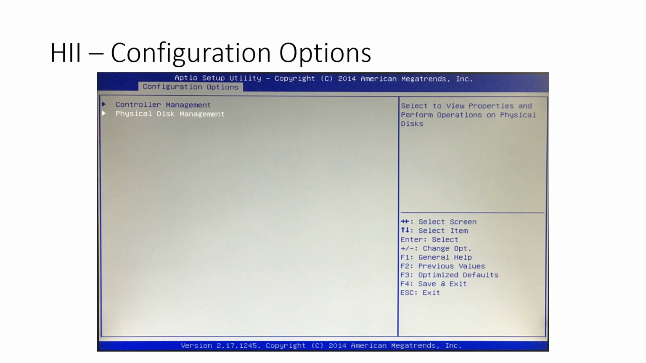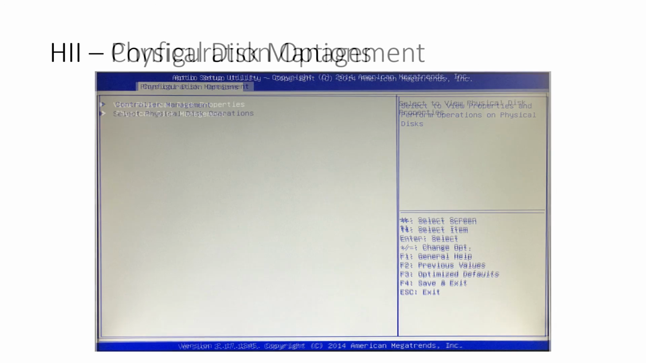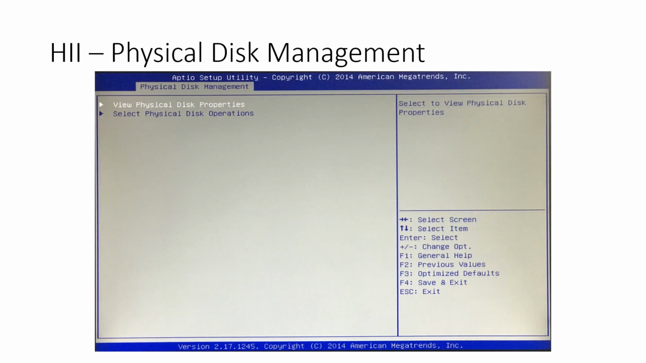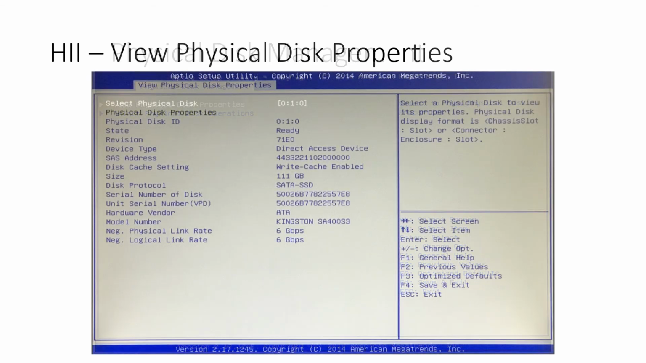Now let us explore the physical disk management. The physical disk management consists of two parts: View physical disk properties, and Select physical disk operations. View physical disk properties displays the individual drive details that is selected by physical disk ID. The disk state,